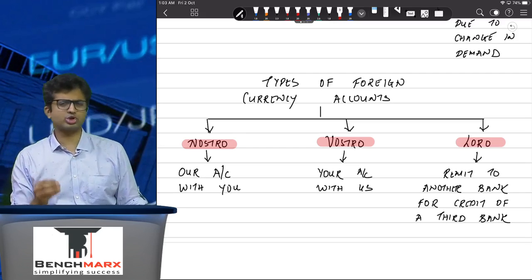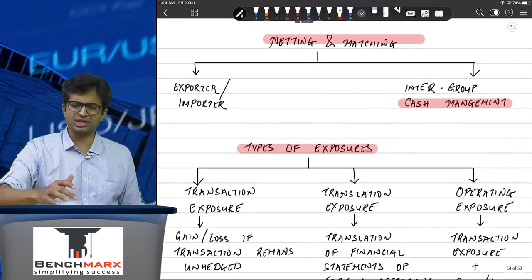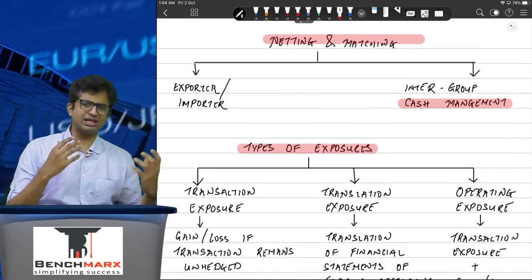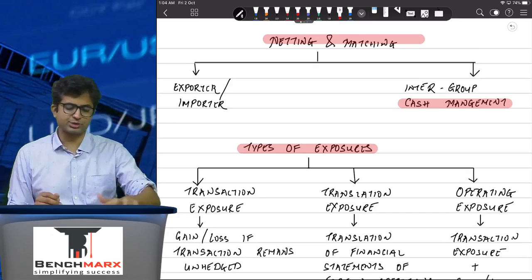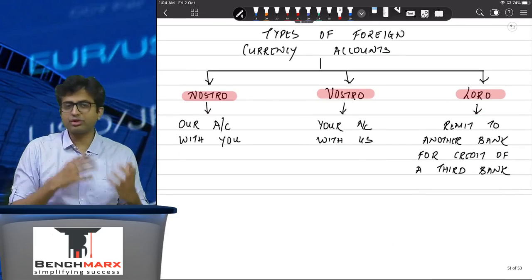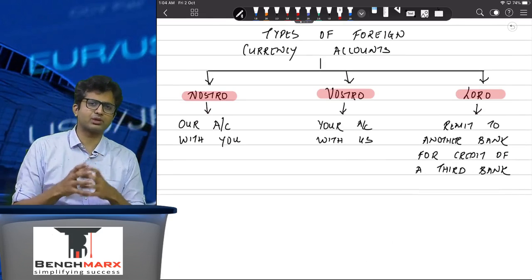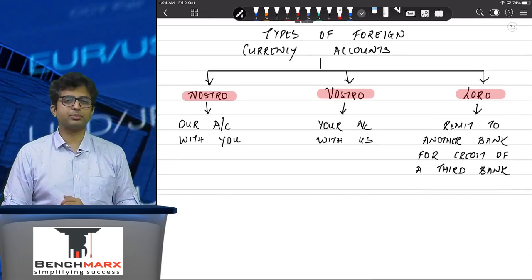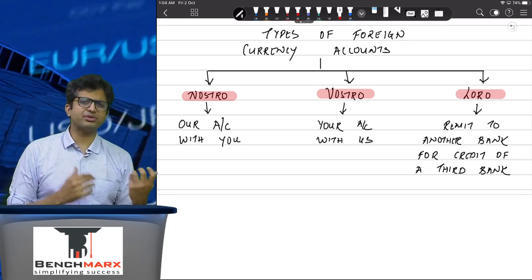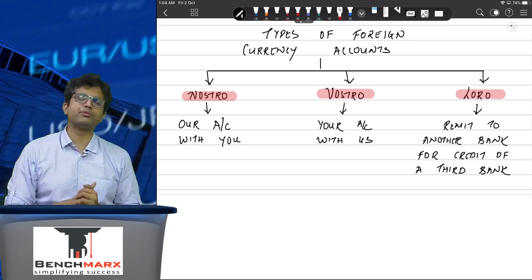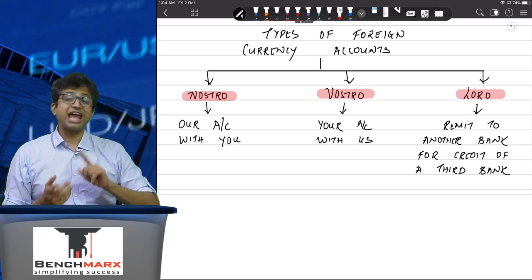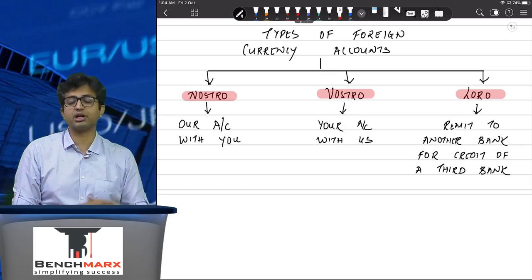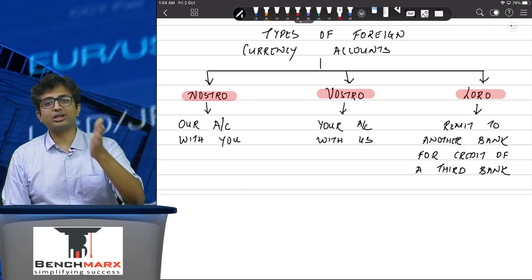There's a question which is also there. Now these are sundry questions. There is one question in your old PM about netting and matching, for exposures, as well as types of accounts. So I've just discussed the concepts, unlike cancellation, etc., which have so many problems. This does not have as many problems. Here you have this problem which is very interesting. I think it's the last problem of your old course PM, and it is the first problem of your new course study material. The almost exact same problem with different numbers, where you have to calculate the cash position and